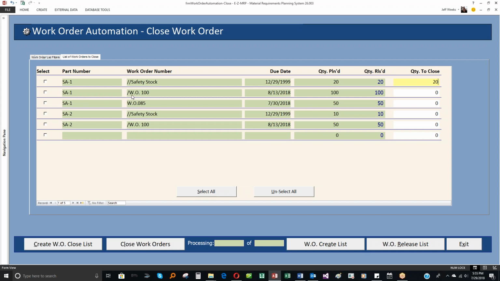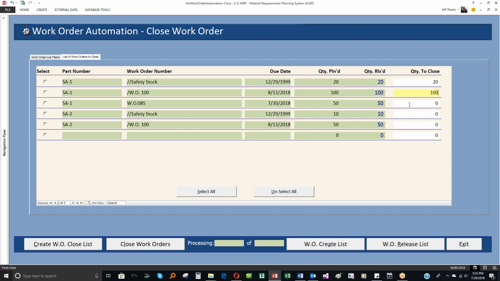So we have work order 1, SA1, which is a 1st level, the work order 100, that's due on 8/13. Notice the due date is in conjunction with when we need that done for the next level to be built. I think a lot of our customers do the releasing and creating of work orders and closing of work orders based on the due date more so than any other piece of information on these lists. So I'll release 100,